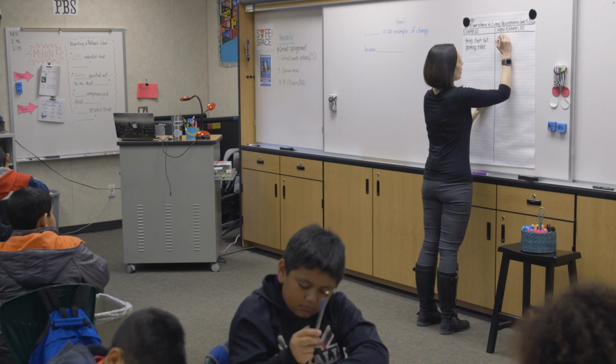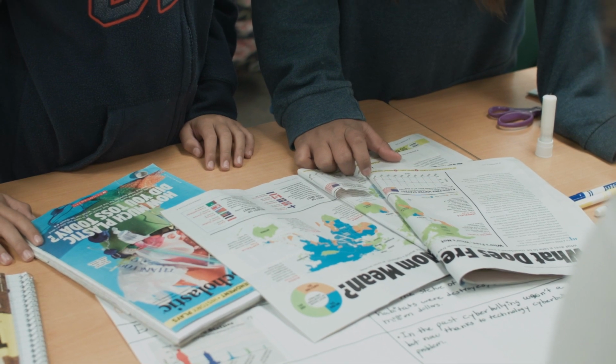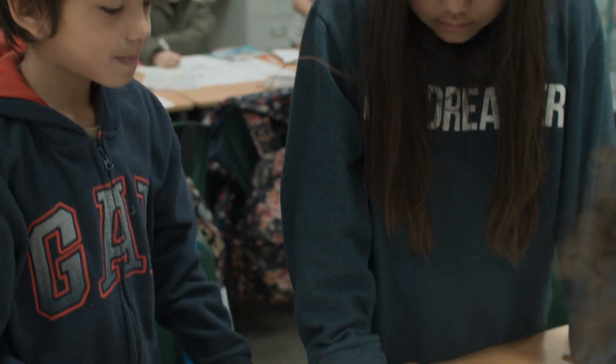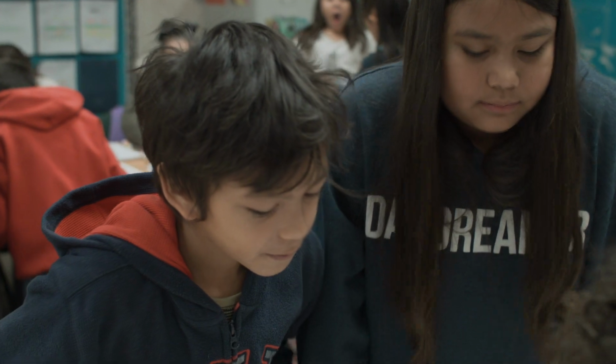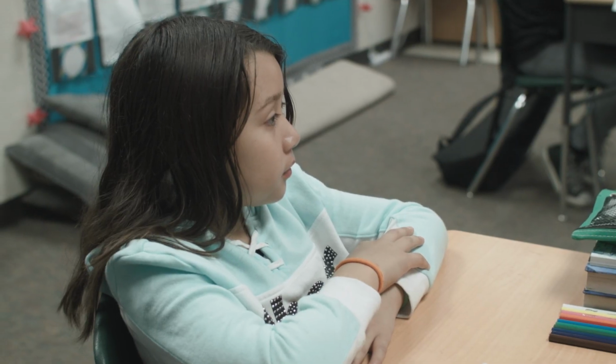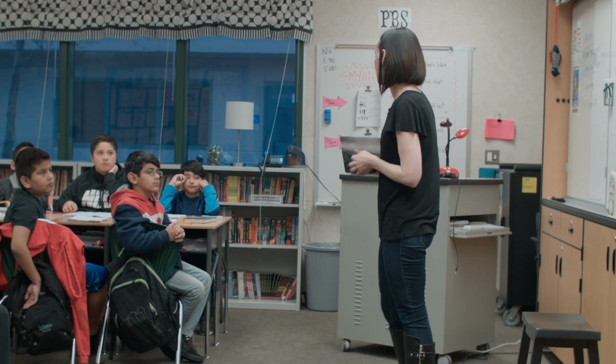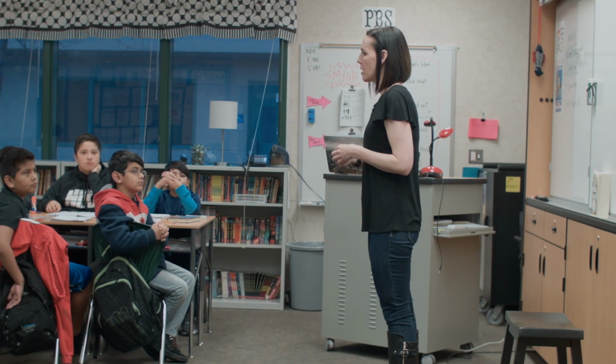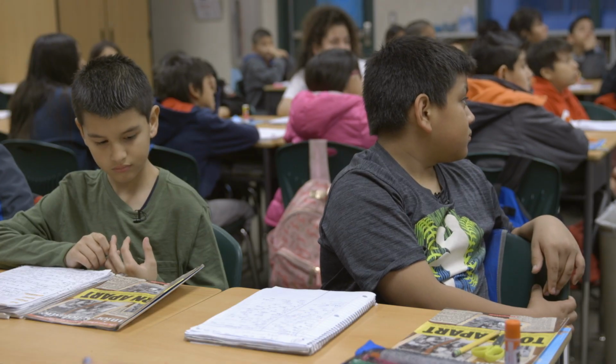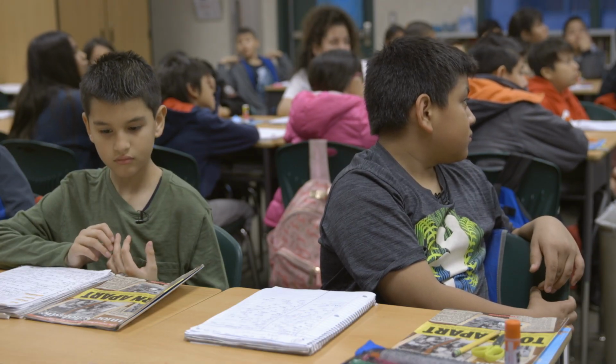Okay, I chose the Junior Scholastic magazine for the example and non-examples that they created because it's full of current events. And these kids are interested and excited in what's happening in our world right now. If they can relate experiences in the world to change, then they can start to see how that might apply to their own life. So today we're actually going to take it a little bit further. You've been reading about current events in your different current events magazines, and our goal today is to look at current events through the lens of change. How do things change and how do things stay the same and become a non-example of change.